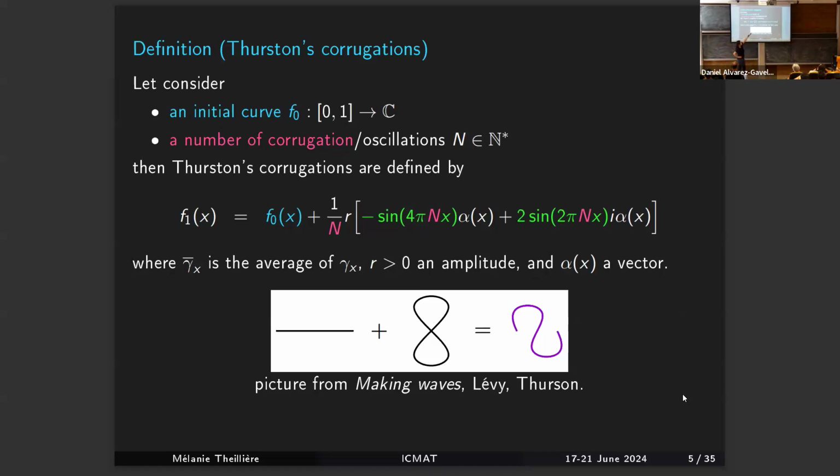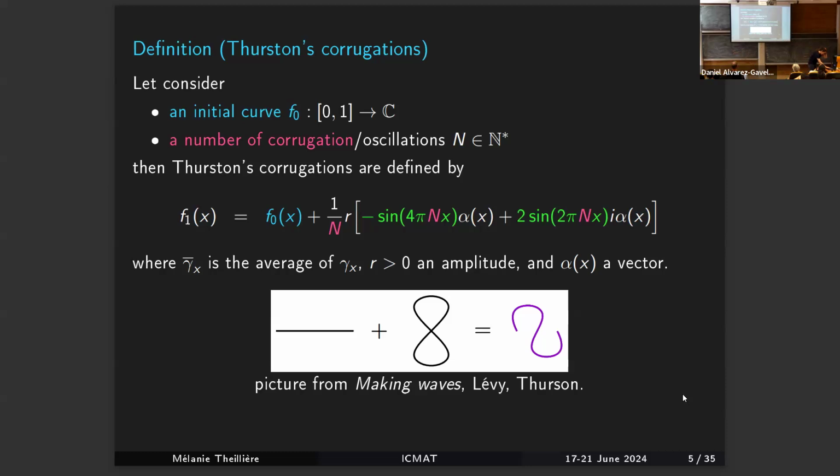The amplitude of the deformation is R, also controlled by 1/n, where n is the number of corrugations. The term in green gives the curve here, the curve in the center. We add the initial curve plus the curve in green, and we obtain oscillations. This is the deformation